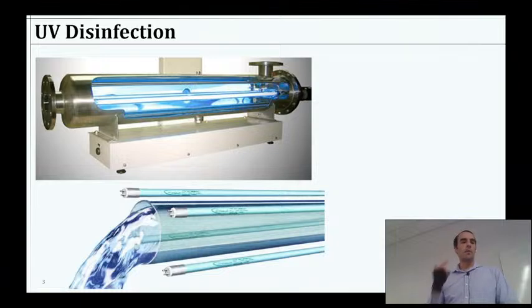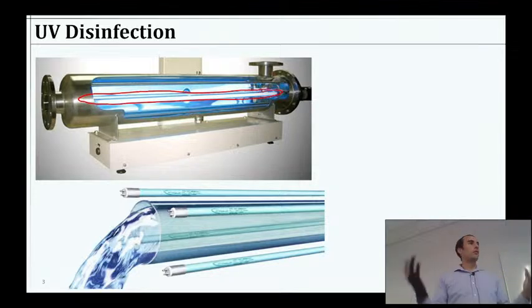So you'll notice a couple designs here. Often the middle one or the top one is the more common, where we have some light bulb inside here. It's shining this UV light, and then we place that light in a protective sleeve. Now, as I mentioned, there's only a few materials that are transparent to UV light at that range. Glass, for example, will absorb it all. Most of the time, we actually like that in many cases.